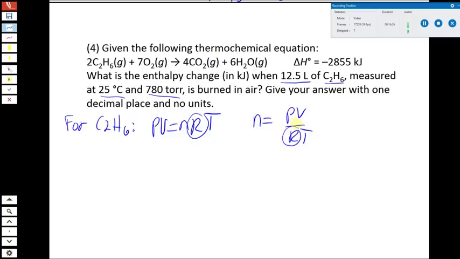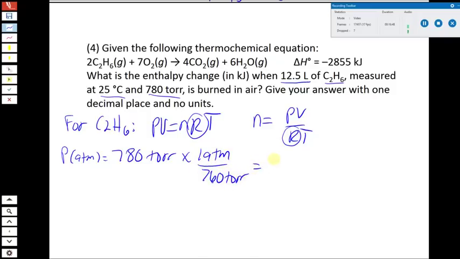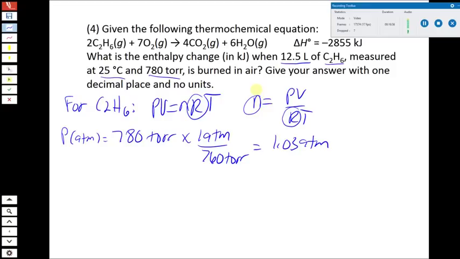So we again have to do that conversion that we did earlier of taking our pressure in torr, which is 780 in this case, and dividing by 760 to get atmospheres. So that comes out to 1.03 atmospheres, so not too different than 1 atmosphere. And now we can solve for moles of ethane by using PV equals nRT. So the moles of C2H6 is equal to its pressure, which is 1.03 atmospheres, the volume, which is 12.5 liters,